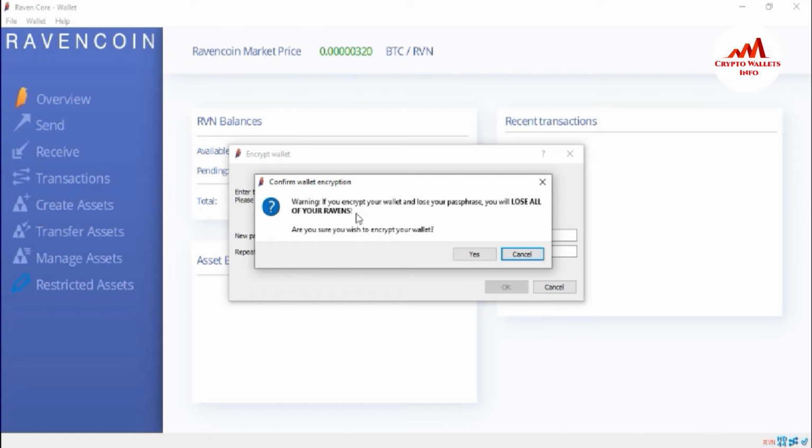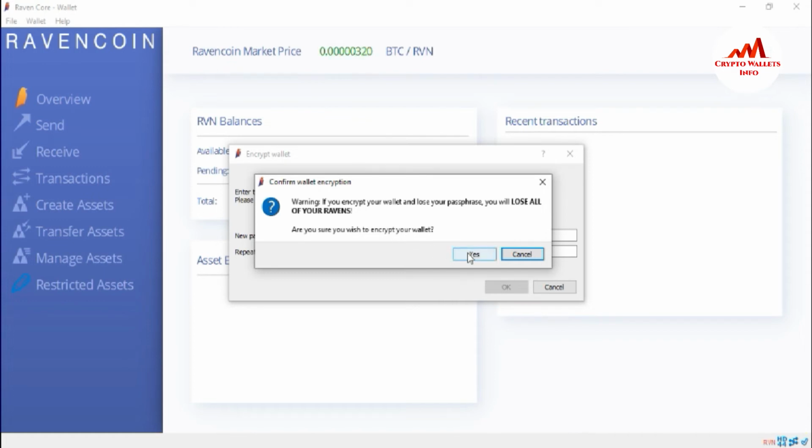So keep your password in mind. This is very necessary for you. If you forget your password, so please remember your password and write it in your personal diary, and also write it in a notepad file. Make multiple copies of the notepad file and save them on a USB drive, CD drive, or any external drive.